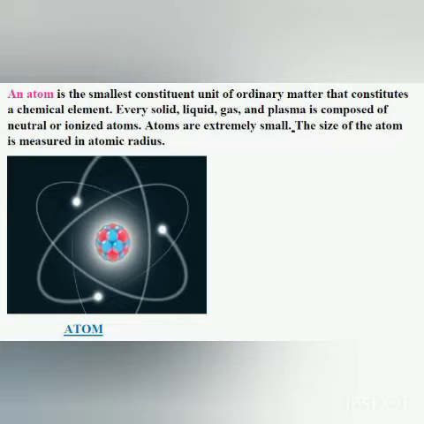Hydrogen atom is the smallest atom of all. Here you can see the slide, the picture of an atom. Atoms are so small that we cannot see them even under the most powerful optical microscope. An electron microscope can produce extremely magnified images of tiny objects. The most advanced type of electron microscope is the scanning tunneling microscope, which can produce computer-generated images of the surface of elements that show the individual atoms.